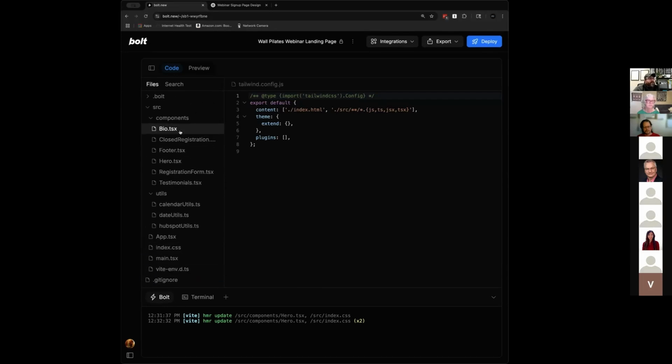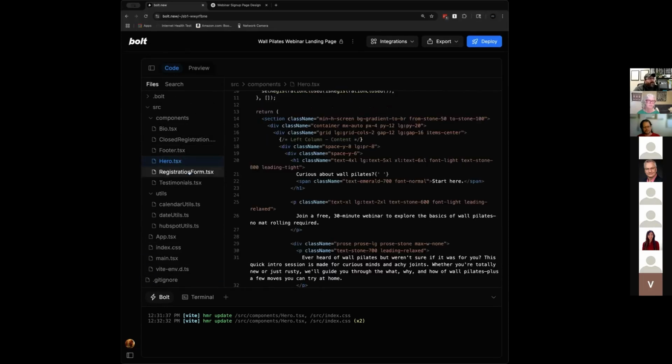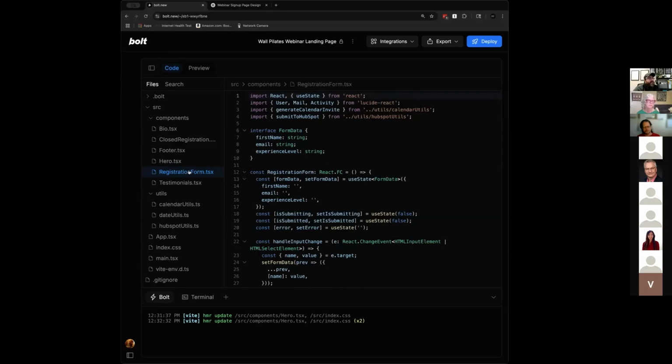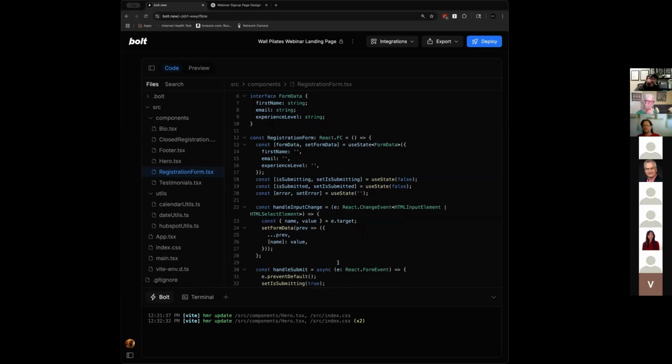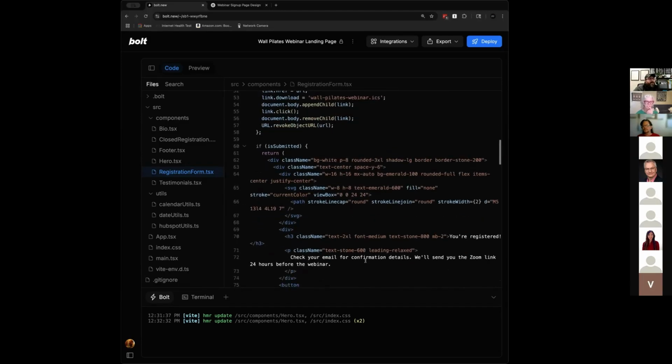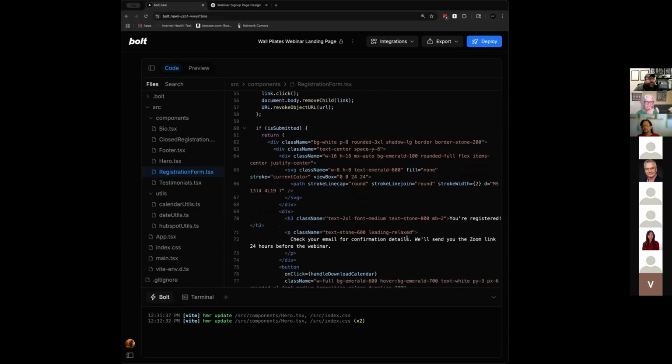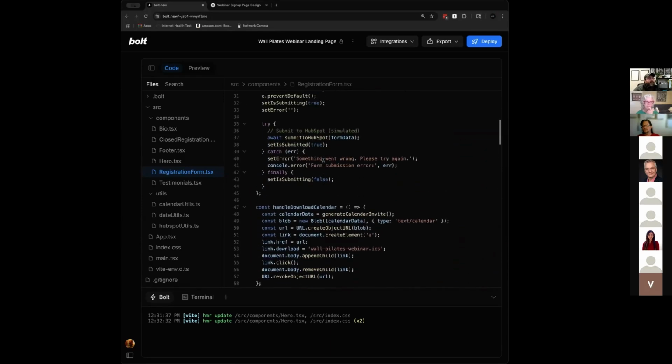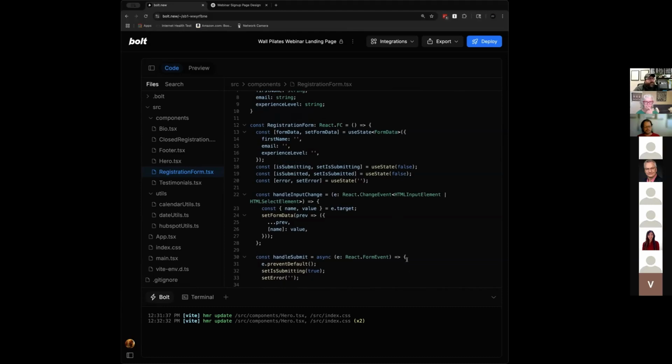The really interesting ones here, like the hero that we broke, the registration form, these are the processing, handling the actual submit of the form in this case, and the form HTML. So it will display this, and when you hit the button, the data will go through this code to handle what happens.